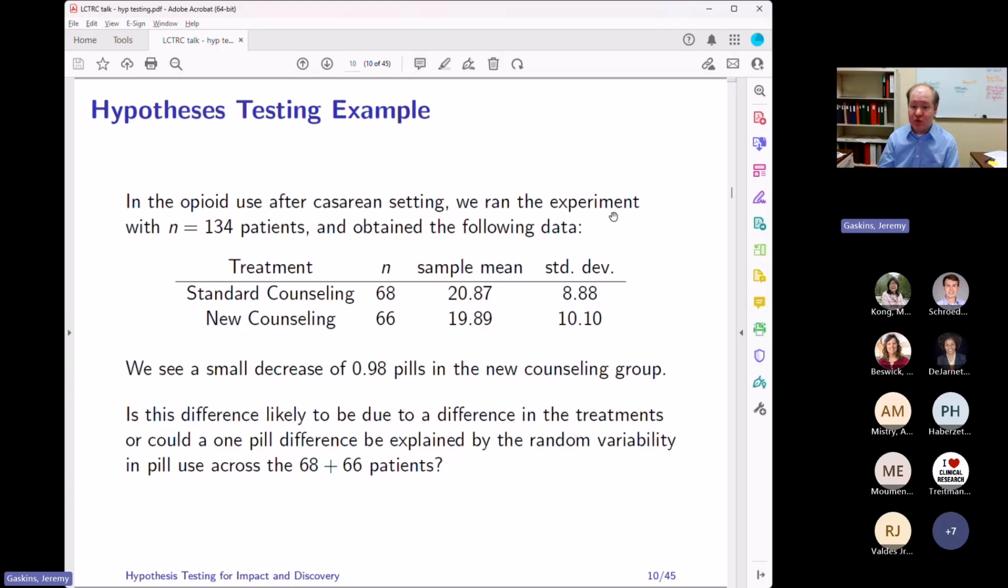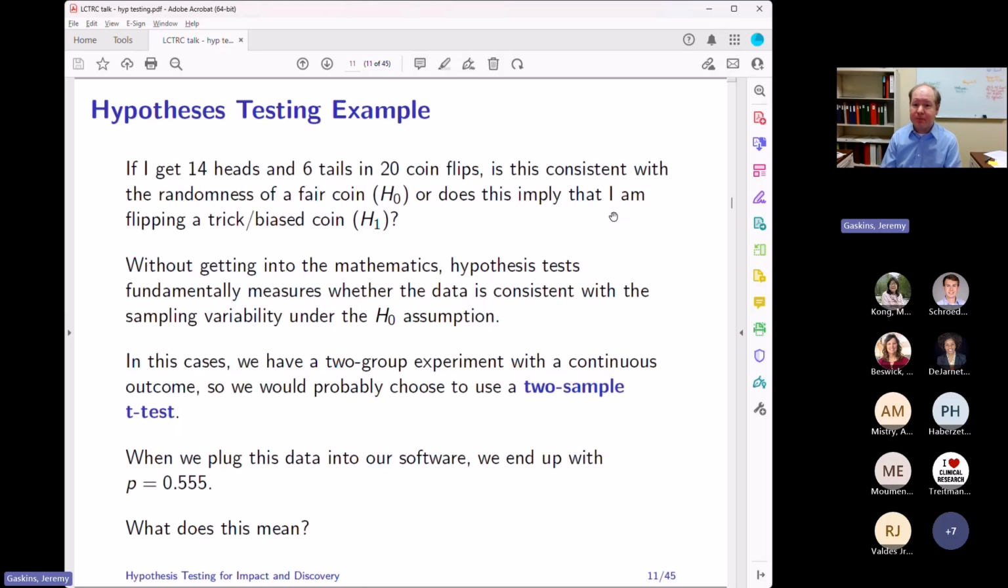It is trying to distinguish whether the effect we've observed here, a 0.98 pill drop, is likely due to differences in the treatment, or whether it can be explained by random variability. And so again, to push another analogy,